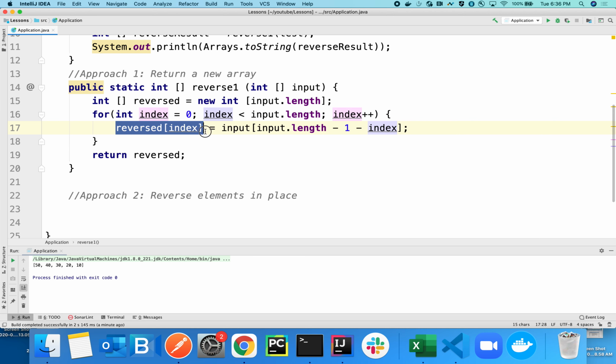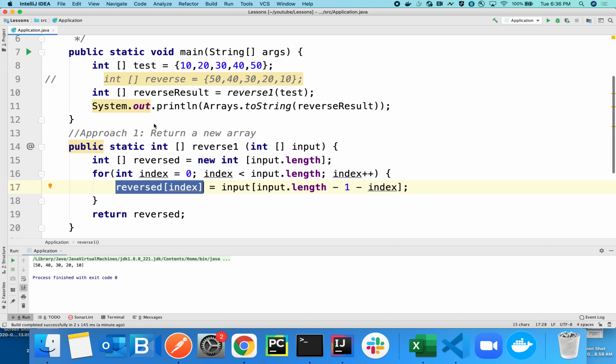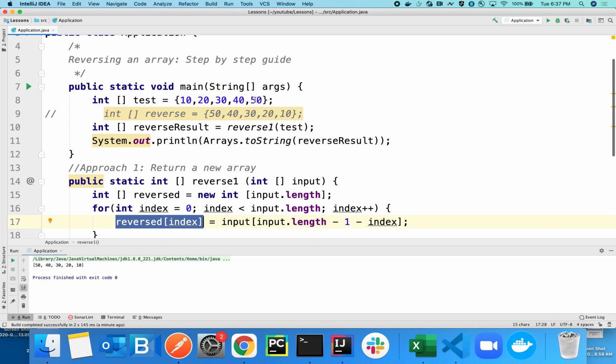We set the left-hand side of the equal to reversed at index because we want to set each index of the reversed array starting at 0, going all the way 1, 2, 3, 4, 5, and so on till input.length. And then the expression on the right-hand side is going to tell us what value we're putting in the reversed array. And if we talk through it in words, if we're at index 0, we want to get the 0th to last element, or basically the last element in the list